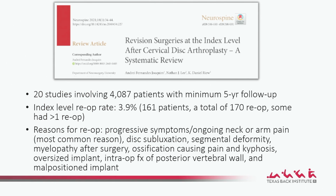Dan Rue, or I'm assuming it's Dan Rue's research person or fellow, did a review article looking at 20 studies and found an index level re-op rate of 3.9%. Again, kind of in the ballgame. It shows that we're maybe a little bit lower, but that just kind of seems to be where things are trending out. The reasons, and we'll talk about these, interestingly enough,